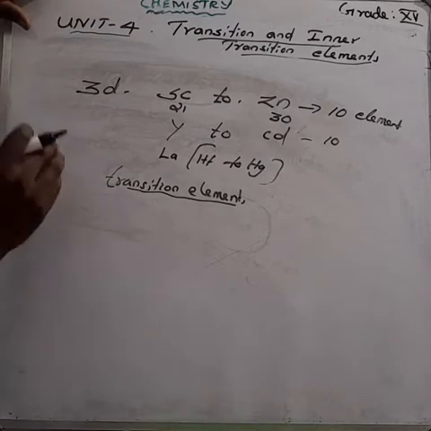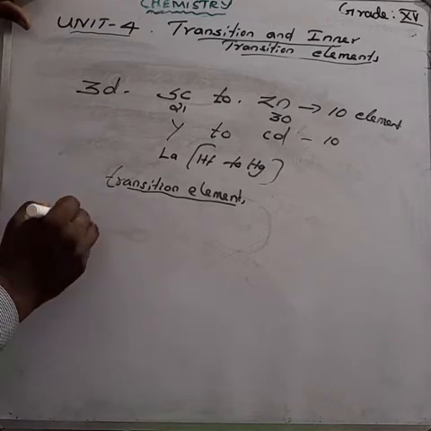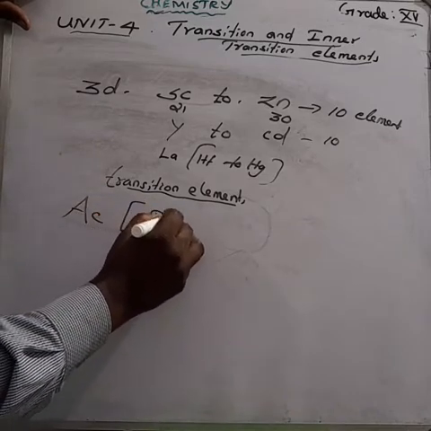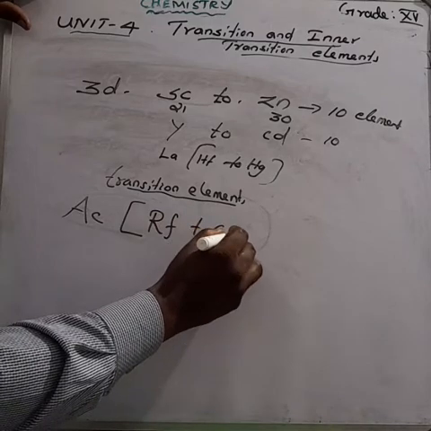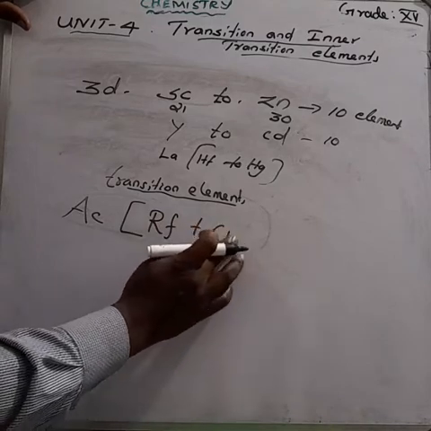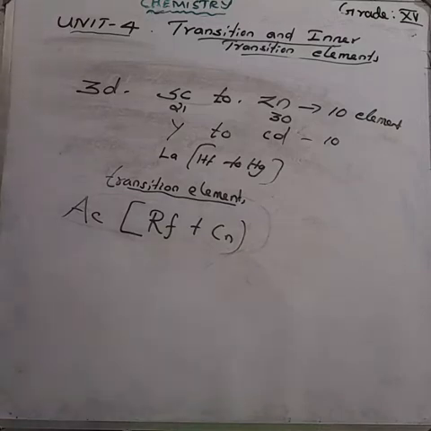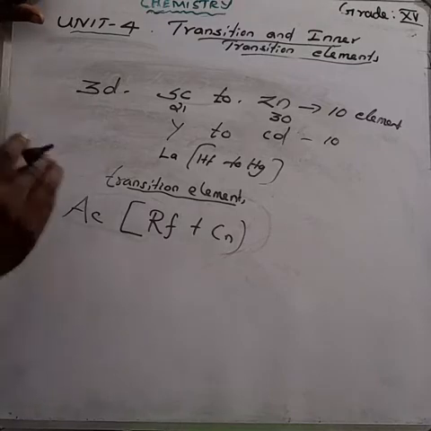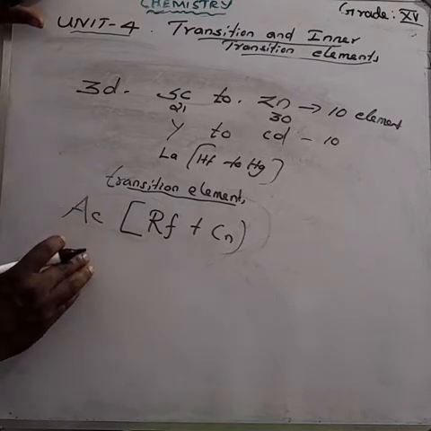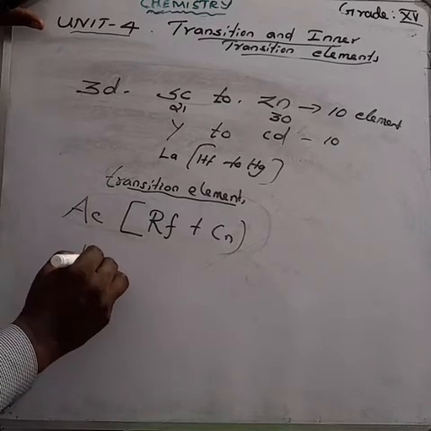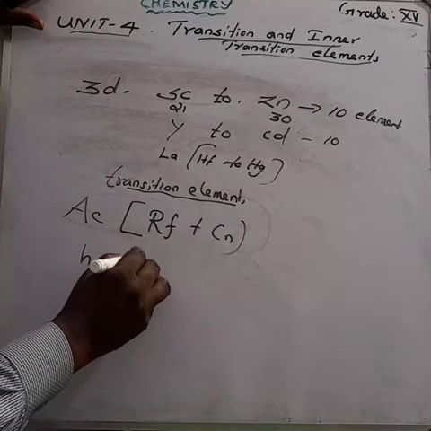The seventh period elements, starting from actinium, rutherfordium to copernicium, that is Rf to Cn, also belong to the transition elements. Here, everything is a radioactive element except actinium. All the remaining elements are synthetically prepared. They have a very low half-life period. So next we will discuss